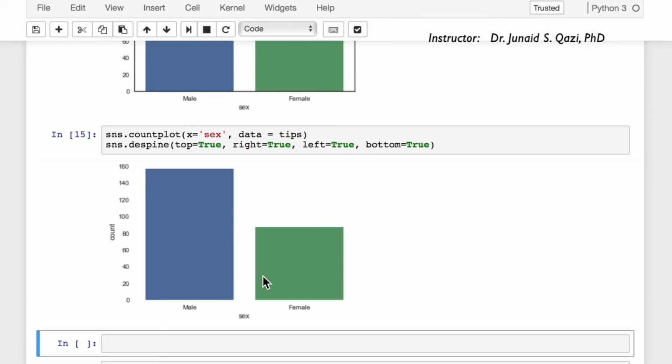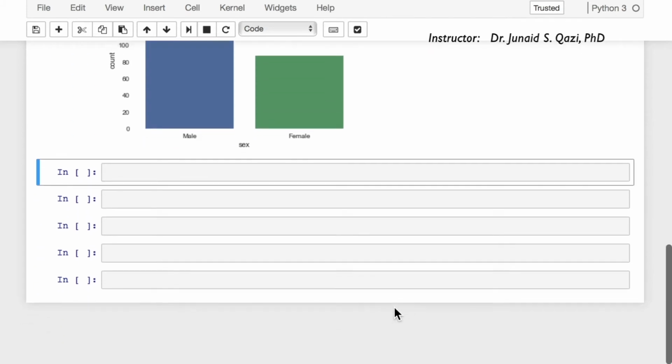And now we don't have any spine to our plot. Let's talk about figure size and aspect. We can simply use matplotlib's plt.figure and pass in figure size with width and height to change the size of most of the Seaborn plots. If you remember,